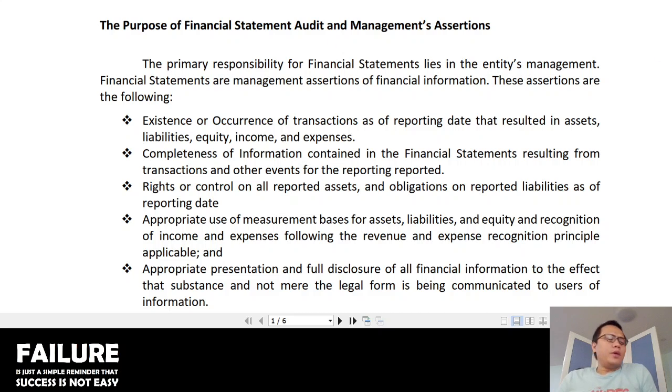Okay, good morning everyone. So, for today, we will be discussing all about financial statement audit, all its general concepts, and later on, we will be practicing to answer a certain problem, which is somehow a problem that will summarize what we are going to do